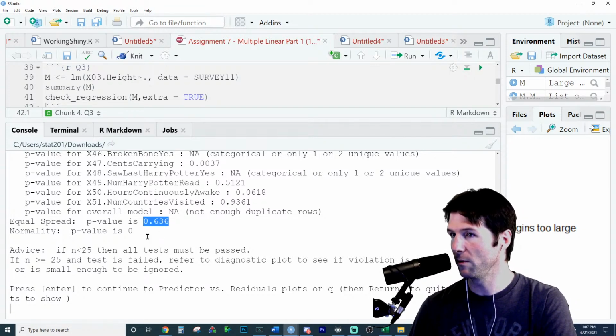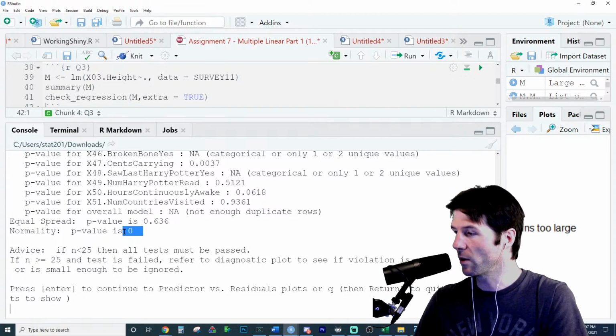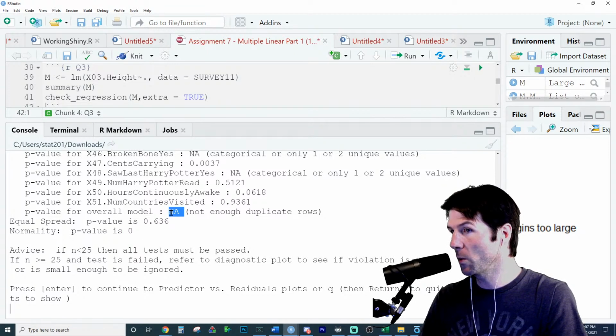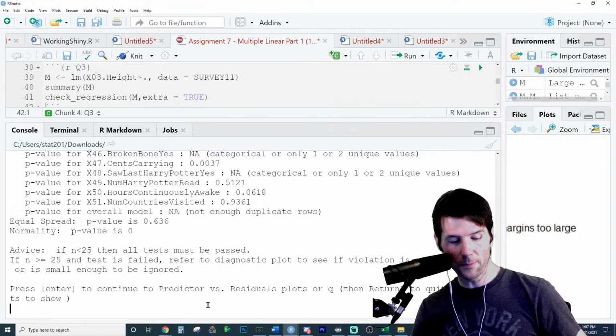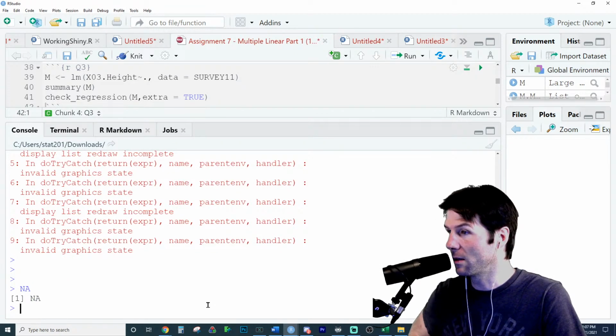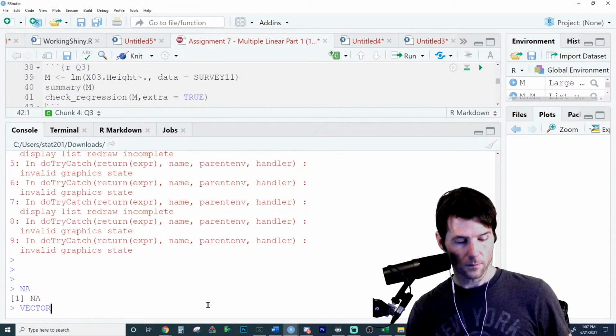The low p-value of 0, which is below 0.05, for the normality of the residuals of the model, means we have evidence of non-normality. No, Dylan, that's a great question. So the NA, what does NA mean? Like when I type NA down here, now it's going to do that. What does NA mean? What is NA? Like when you look at a vector and you see NAs in the vector,